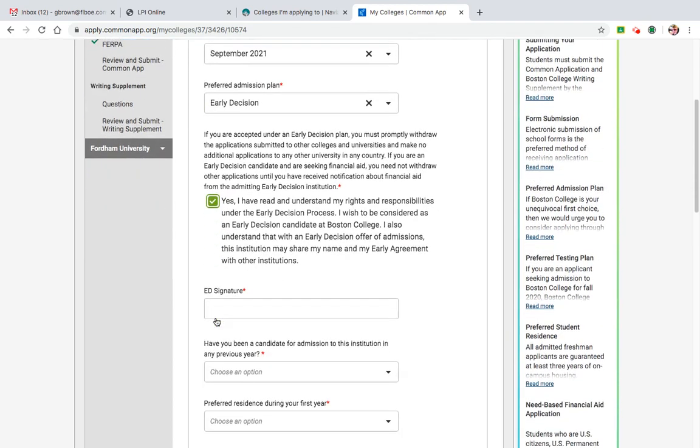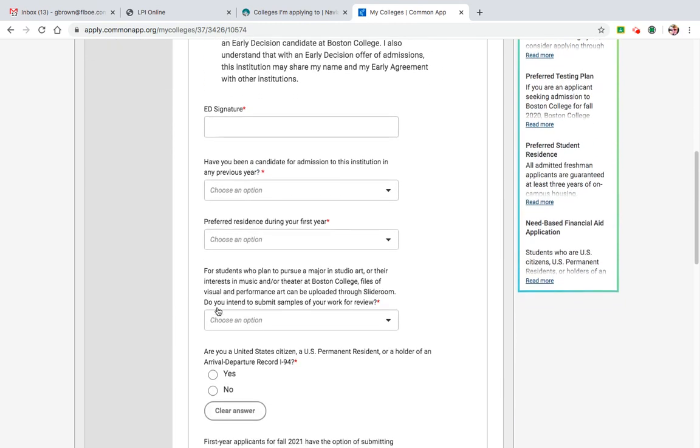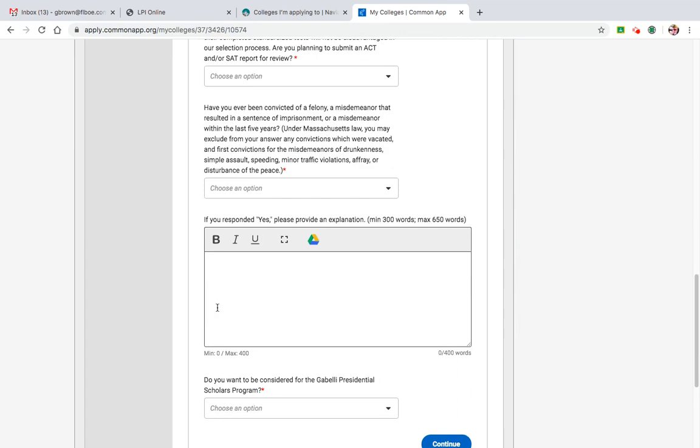Understanding what ED means, putting in a signature, and making sure that your parents also agree with this, because early decision is binding, and therefore you will find out very early on if you're going, and if you're accepted under early decision, you have to enroll at that early decision school. So they're going to need not only a signature from you, but they're also going to invite your parents to add a signature and your counselor to add a signature. So you really need to think about this decision. And then you would add the remaining questions. It's usually extremely